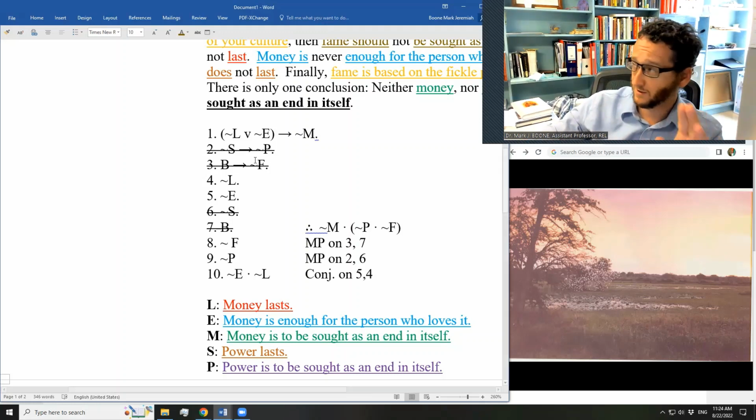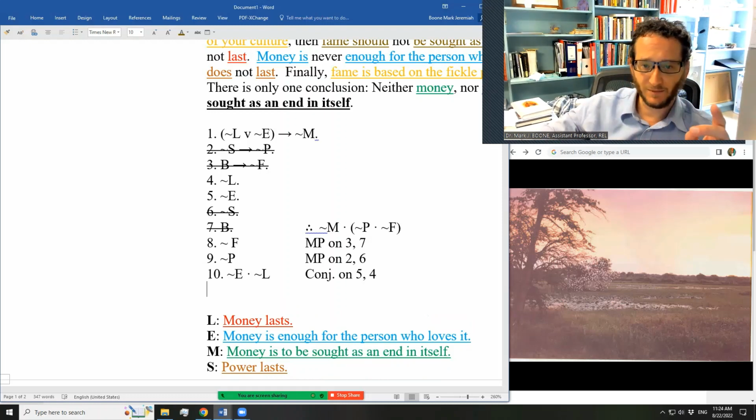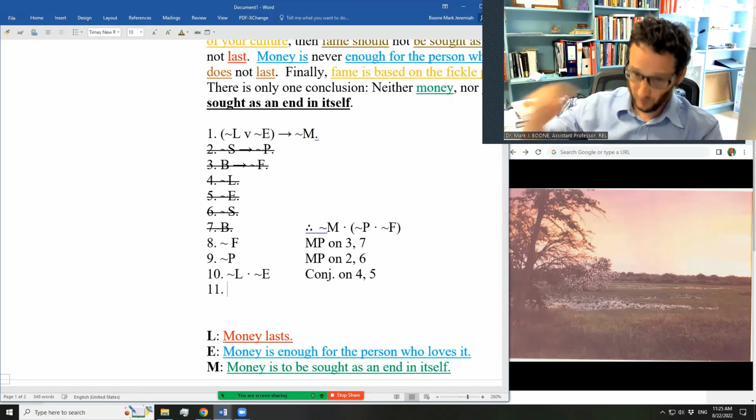Don't make it 5 and 4. Conjunction on lines 5 and 4. Don't make it 4 and 5 in the wrong order. Then you'd have tilde L dot tilde E, and you need them in a different order. Sorry. Maybe you should do it 4 and 5. We want the L to come first. So we actually do want 4 and 5. Sorry, my mistake, illustrating the mistake I'm telling you not to make. Tilde L dot tilde E by conjunction on lines 4 and 5, and we probably won't need lines 4 and 5 again. So now I think we're going to De Morgan's